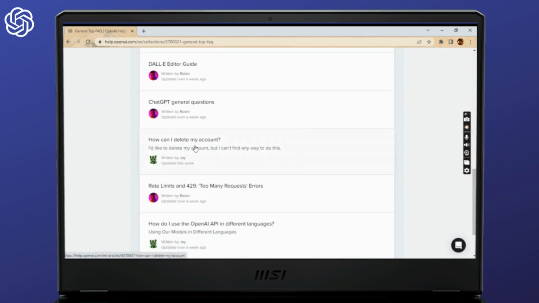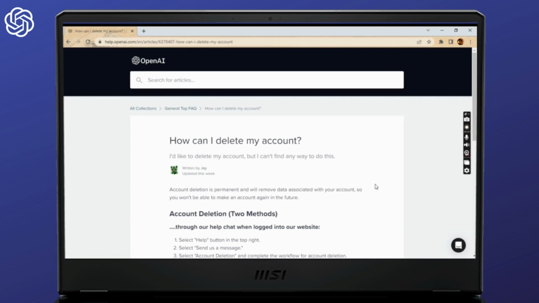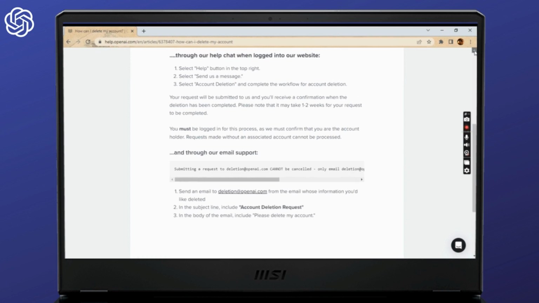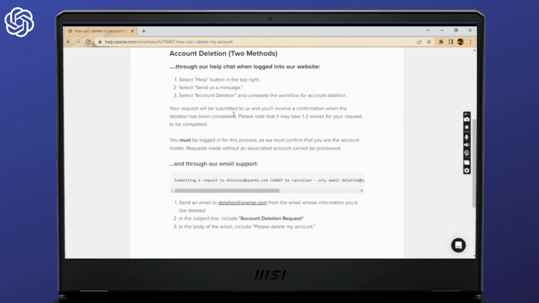And here you'll be able to see the methods to delete your ChatGPT account. There are usually two methods. The first method is through the ChatGPT website and the second one is through the ChatGPT email support. Now you can choose whichever method you like. If you don't want your method to be too complicated, you can give the second method a try, because in the second method, you just need to send an email to deletion@openai.com from the mail which